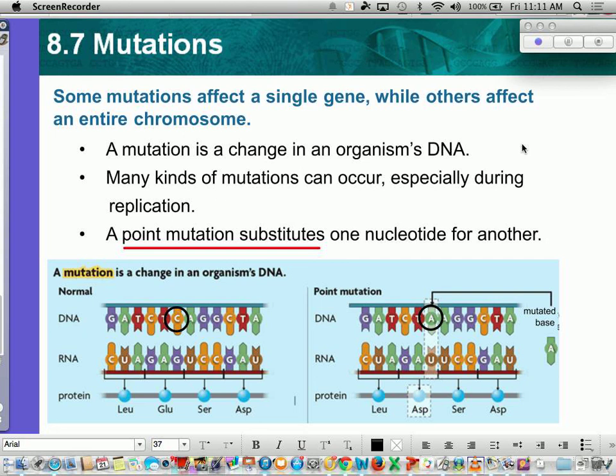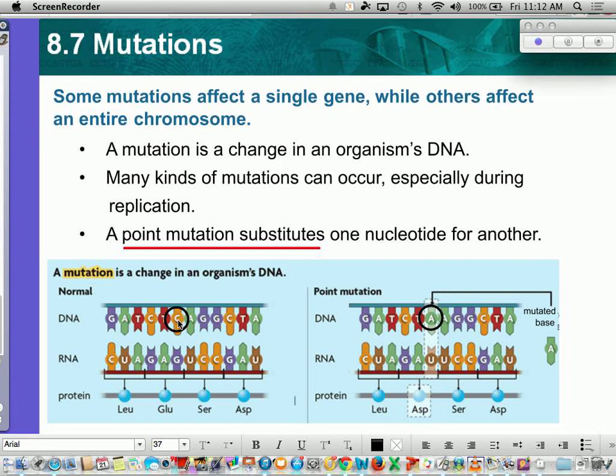All right, so the last piece of notes for this section on DNA is mutations. There's two mutations that we need to talk about, and then there's a word, mutagen, that we need to talk about. All right, so the two types of mutations that typically occur, one is called the point mutation, which you see highlighted here. And what happens in a point mutation is one single amino acid is swapped out or substituted